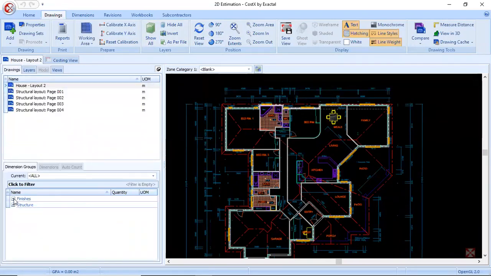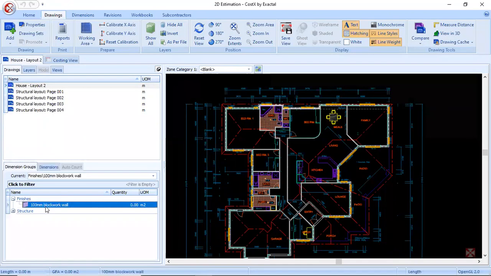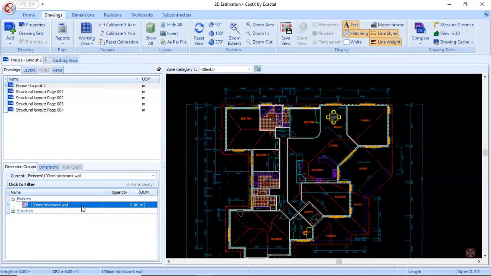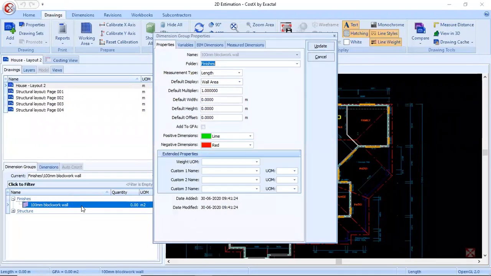Now I'll just show you a quantity takeoff of a wall. Say I'm going to calculate the wall area for a 100 mm block work. To calculate the quantity, I'll create a dimension group. The dimension group is nothing but predefining what we are going to measure and what we are going to calculate with predefined formulas.